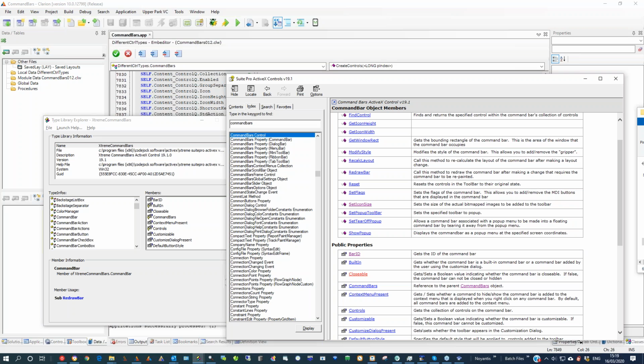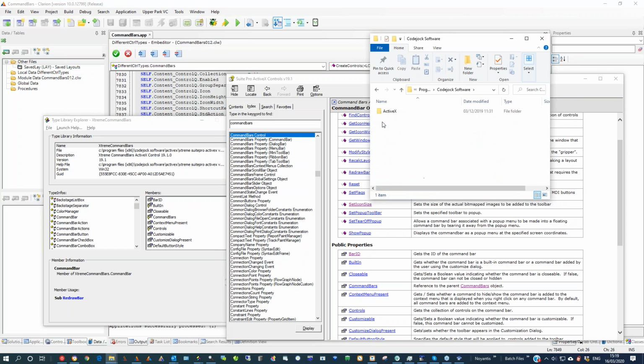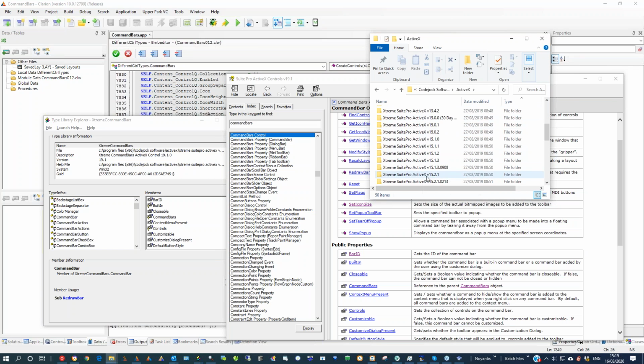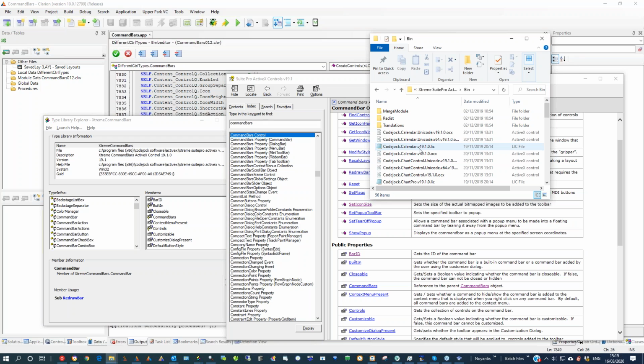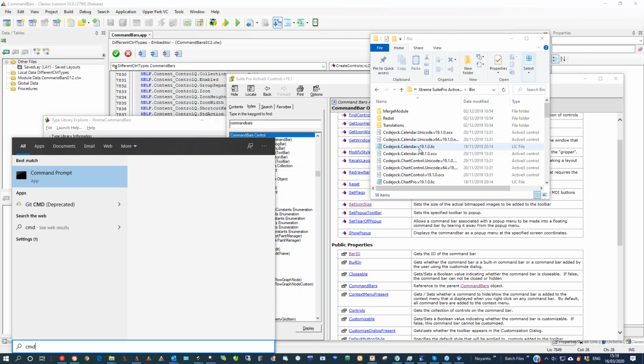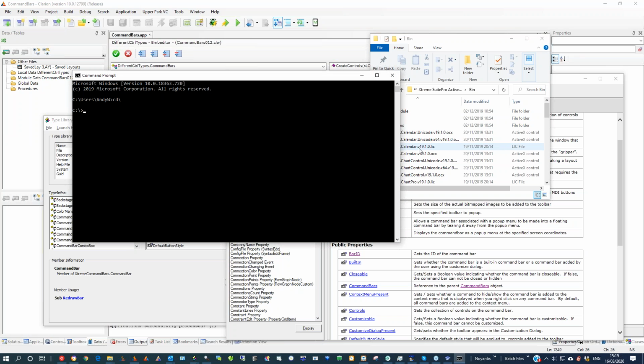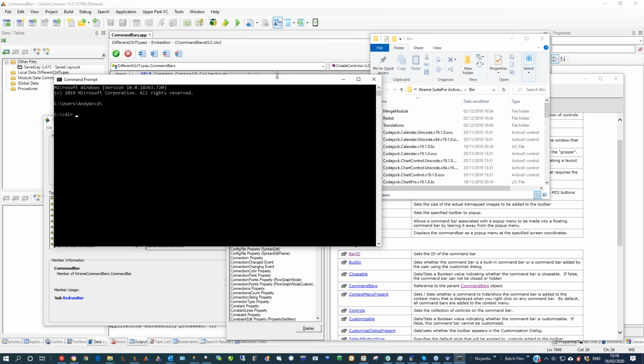Damn, I can't find my... No? I mean, I'll keep looking for it. I don't want to hold you up here. That's no problem. I don't know where the hell I put it. Worst case scenario, again, it's a bit crude, but drop to a command prompt and do a good old-fashioned dir